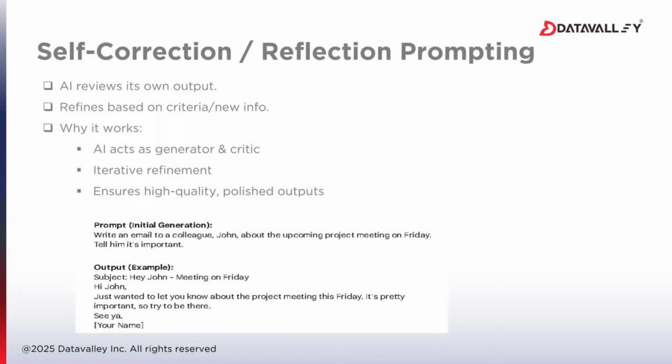Okay, don't worry, we'll move on and see more examples so that it will be clearer for you. If you see here in this picture, I have asked AI to write a short email, but I want it to be more concise and professional. So what I gave: write an email to colleague John about the upcoming project meeting on Friday. Tell him it's important. Now I'll give a self-correction prompt. When we rerun this one,